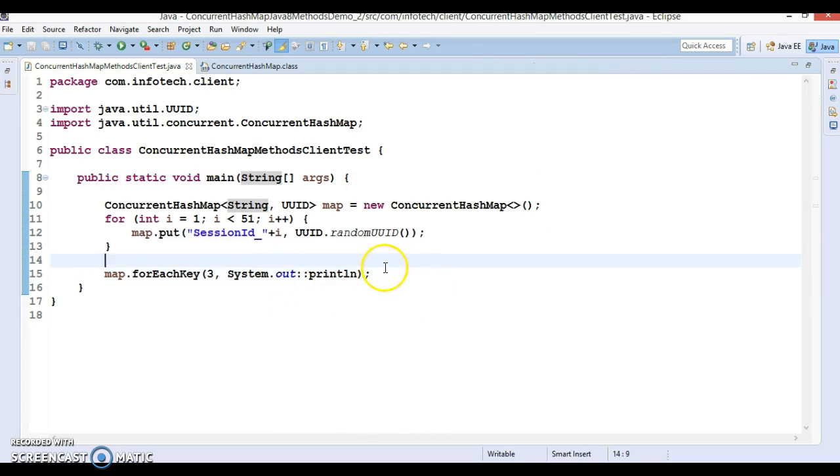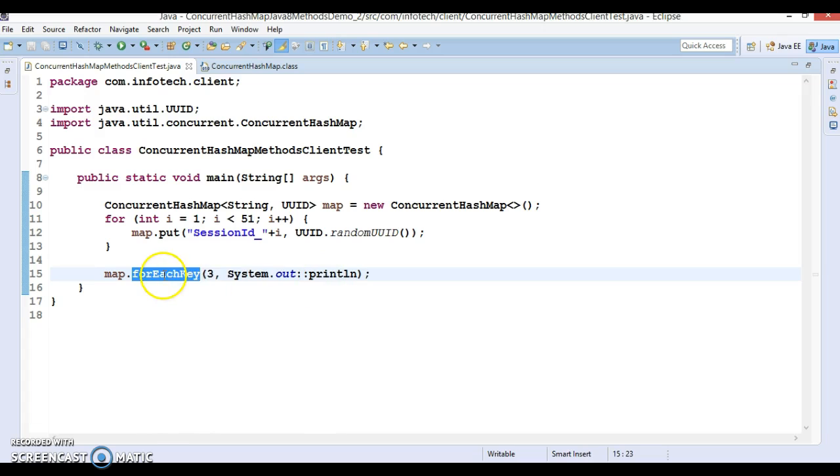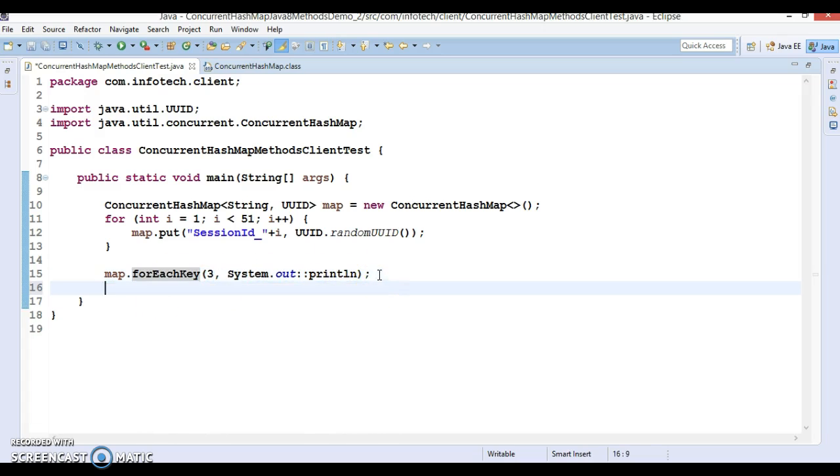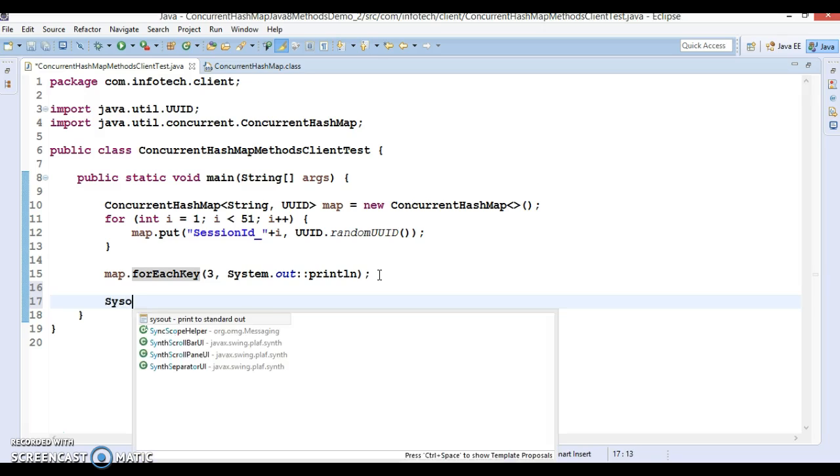Right. Now, the next API we are going to check. So I hope you understood. Every key will be extracted from this map, and that is printed in the parallel fashion by using this API, for each key. The name itself says that: for each key. Now the next method we are going to show